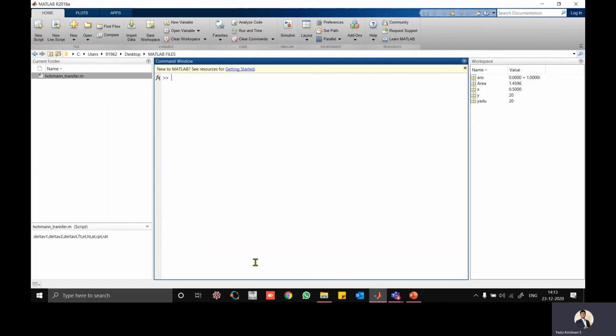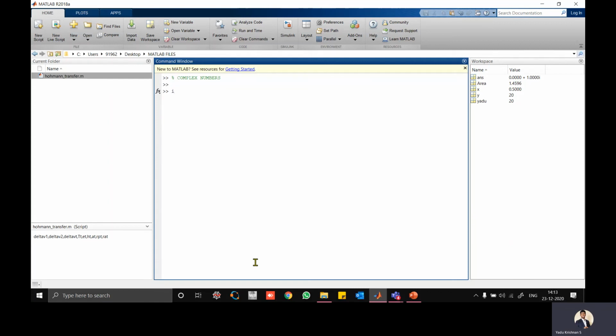So if you're talking about a complex number, just imagine that I want to write something, but that is not a program or command. I just want to give a heading or something in the command window. So what we can do is use the percentage symbol. If you put the percentage symbol, that will show you the green color. Okay, I'll just put a complex number. Complex numbers. Okay, so that will give you the heading. So now I can discuss.